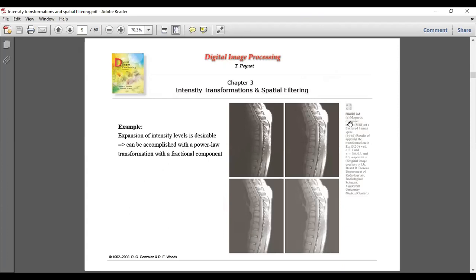Okay, so here the author has once again shown a few cases. Power law transformation. Sometimes, as the author says, what is the difference, by the way? This image is good, this image is better. The author says this is a fractured human spine.